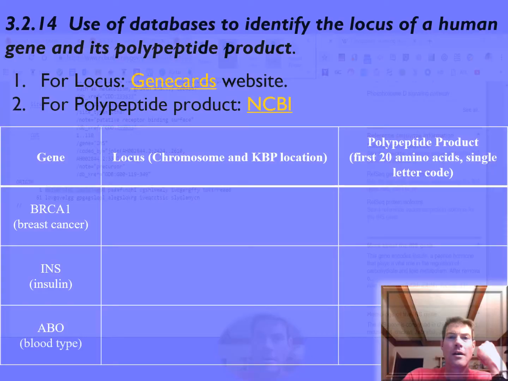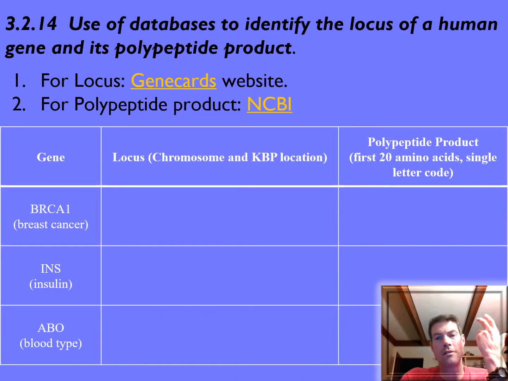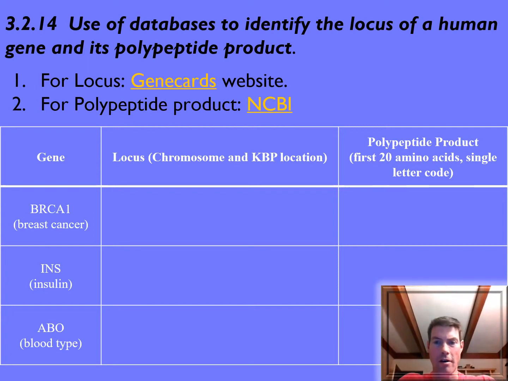Okay, so that's a little tutorial on how you use the GeneCards website and the NCBI website. And let me get, I think I wrote down what you need to write in here. I'll do the first, the BRCA. I think so. The locus, chromosome 17, and